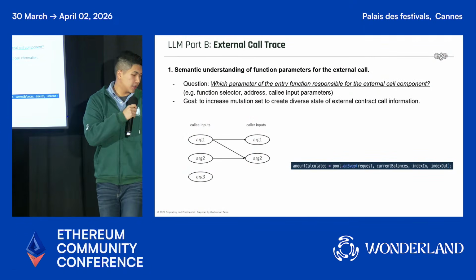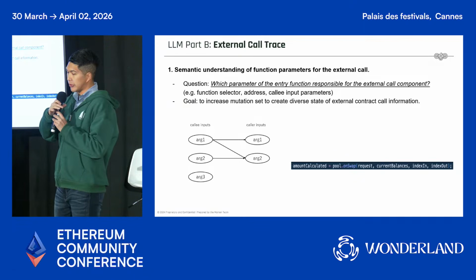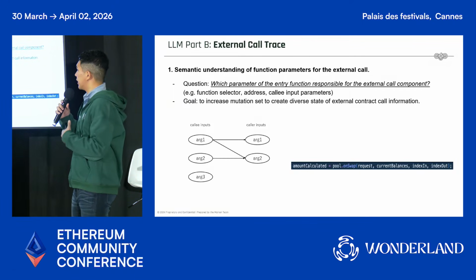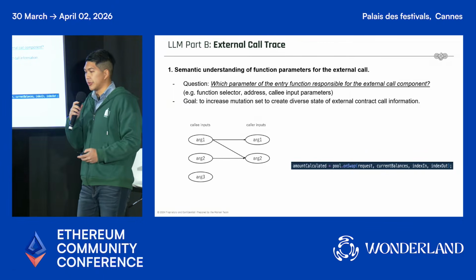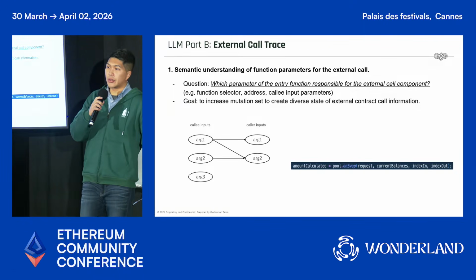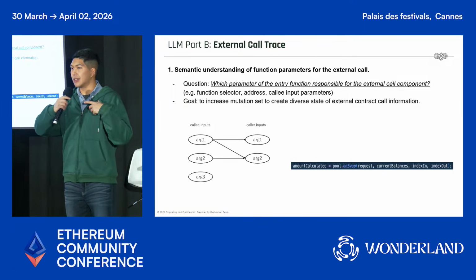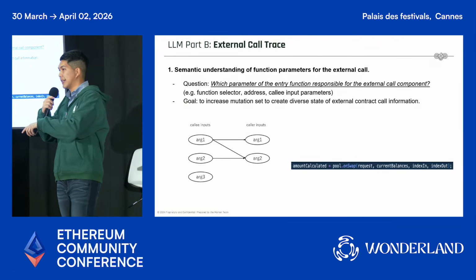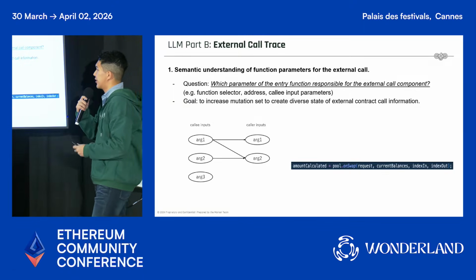The part B, let me see. The part B, yep, I'm good. So part B is actually thinking about the external call. The question to be asked is the caller and callee relationship. So how do we manipulate the caller to change the external call relationship? For instance, there are a lot of things about price manipulation. The Balancer case is actually an external call manipulation, where the caller will call that vault contract, but what they manipulate is actually the external call through the external call. So that's why we need to link between the caller and callee concept.